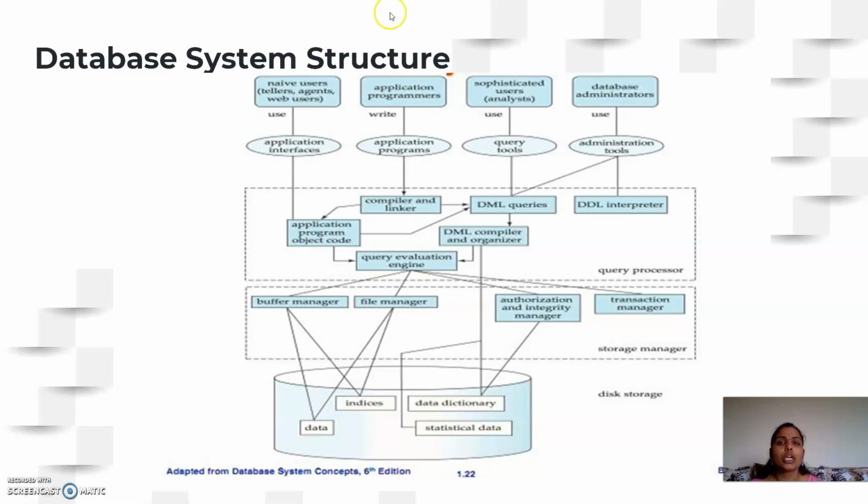So this in total is providing you the architecture of the database system. So if there is a simple single query to be executed, it has to take these many pains to give you the result. Right, it has to go through the query processor, and the query processor will again communicate to the storage manager, and the storage manager will communicate to the disk storage. Hope you understood the structure of database systems and what are the various components and what is the purpose of each individual component. Thank you.